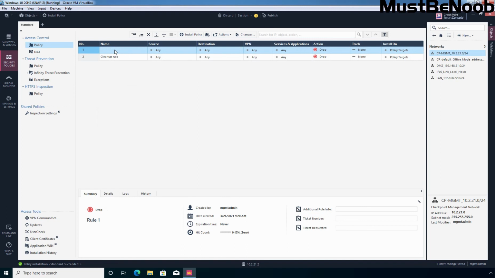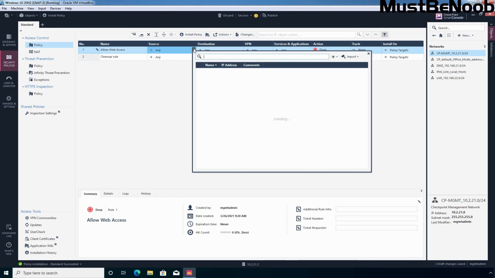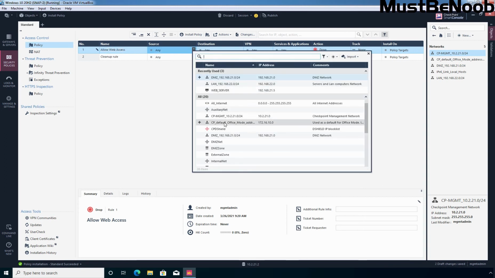Let's specify the name. Select edit and specify the rule name: Allow web access. Then you need to specify the source, and for that you need to click on this plus to add a new item. Here we can see the list of objects which we have on our Checkpoint Firewall.